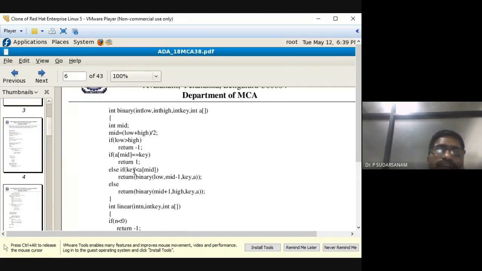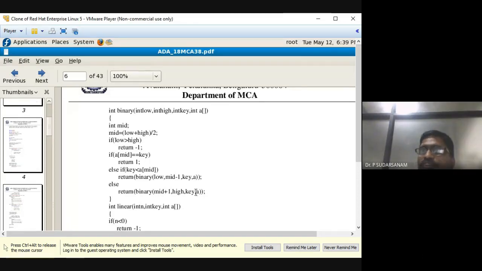So else if key is less than a of mid, return binary of low, comma, mid minus 1, comma, key, comma, a. Otherwise, binary of mid plus 1, meaning the next partition: mid plus 1, high, comma, key, comma, a. Binary search is nothing but making small partitions. When you make the partitions, you get the mid position.